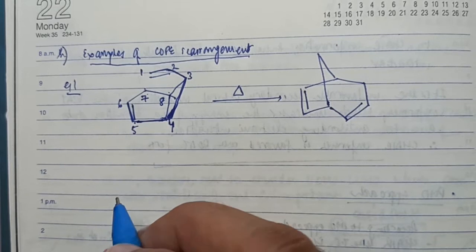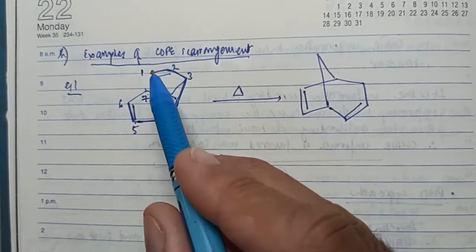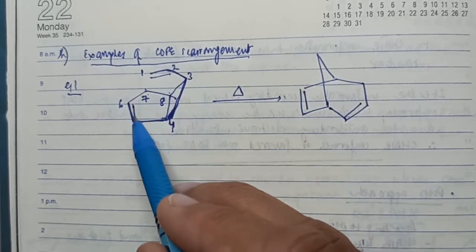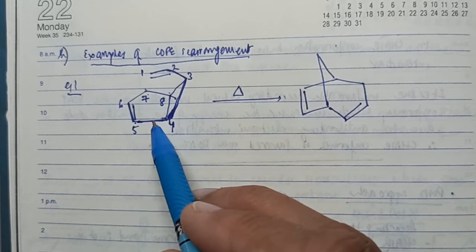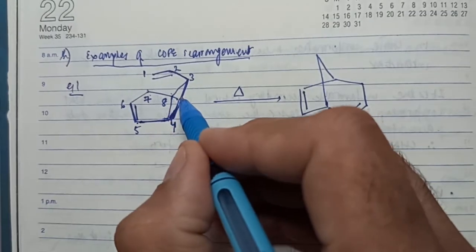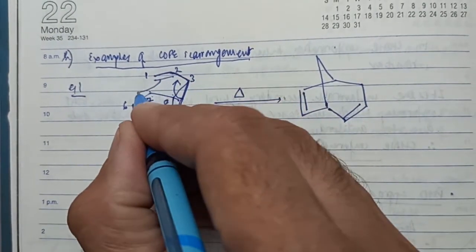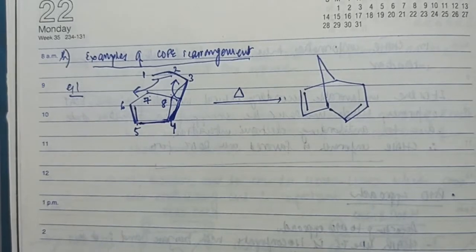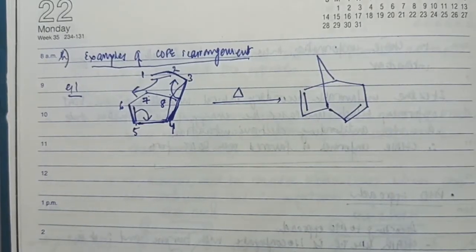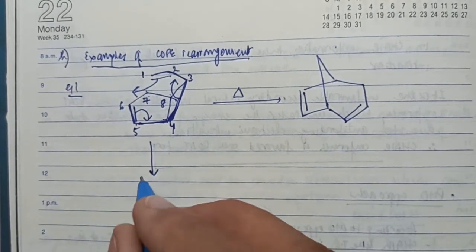As you know, with all Cope rearrangements, there is a cleavage of the 3,4 bond and a formation of a 1,6 bond. Again, the 1,2 double bond shifts to the 2 and 3 position, and the 5,6 double bond shifts to the 4 and 5 position. This is what we know. Let's try to work this out with the help of arrows. We'd say the 3,4 bond breaks and it forms a 2,3 bond. The 1,2 bond breaks and it forms a 1,6 bond, and the 5,6 bond breaks and it forms a 4,5 bond when it is following a Cope rearrangement. Let's try to write the product here.